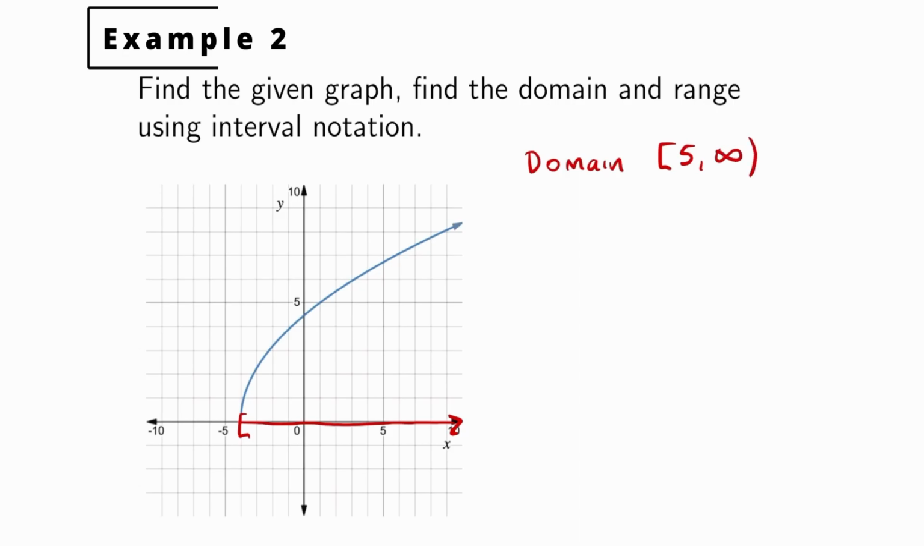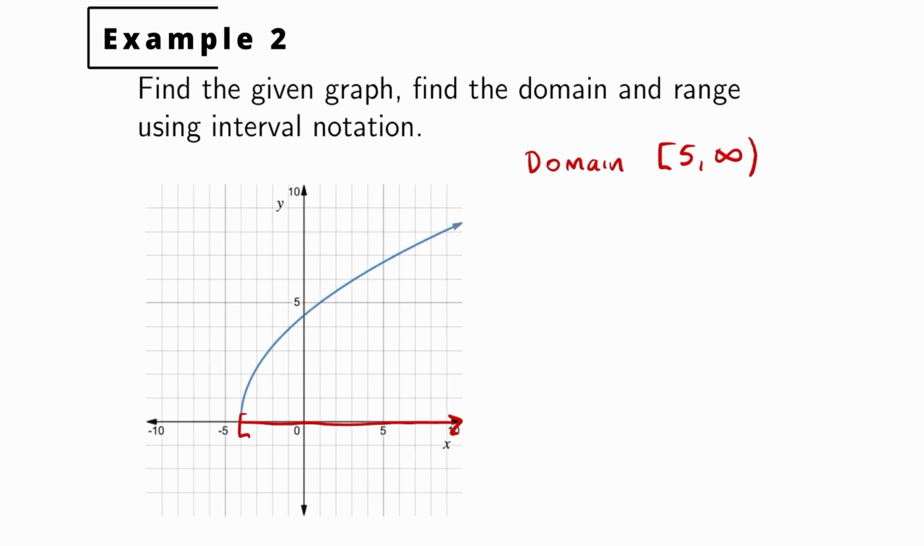I'm going to put a parenthesis there since infinity is not a number, we can't include it. There was no dot on the end of the graph here, just the line sort of stopped. We'll just assume that means we include that point. Okay. Now for the range, we do the same thing, but now we do it along the y-axis from the